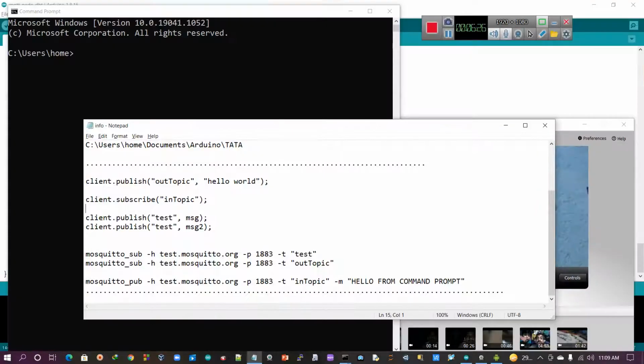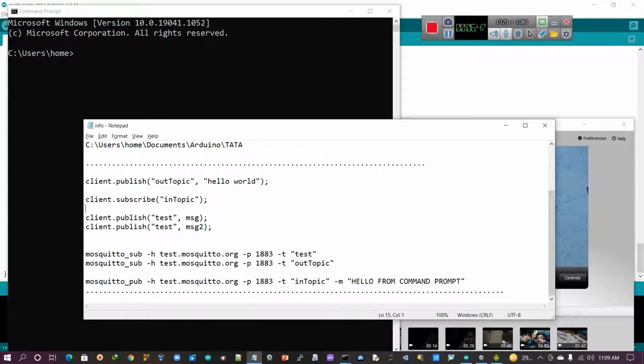For getting that temperature and humidity, this one. What is that topic? Test, both the same. But this terminal should be the subscriber, not the publisher. In this case, the publisher is that Node MCU, and this terminal should be the subscriber. So I am going to subscribe to that one.